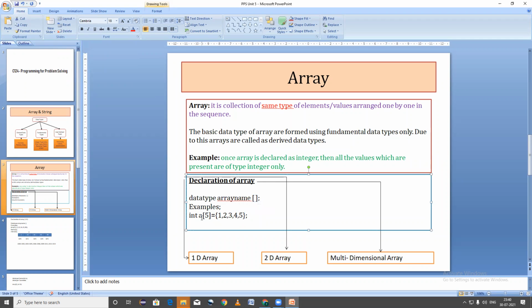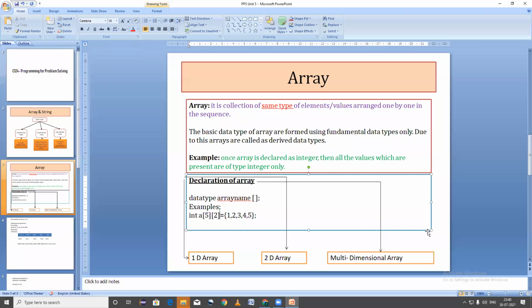Based on the subscripts available for the array, there are types of array. If I am having only one subscript, we call it a one dimensional array. If I have two subscripts here, then it is called a two dimensional array.